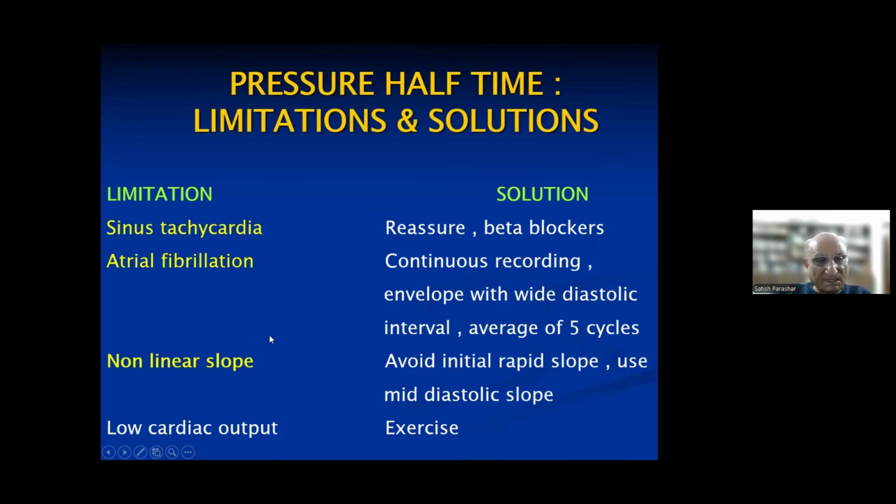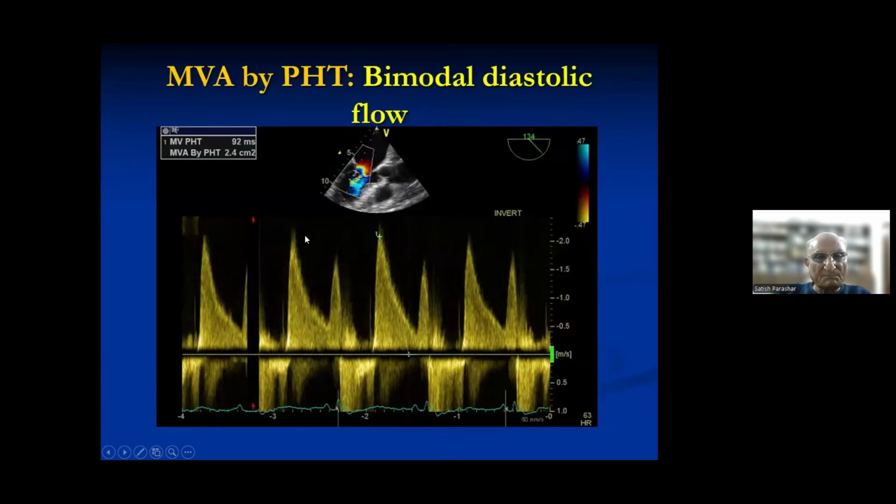Third is this, again you will find these three in your daily life also. See, for example, sometimes you will find that, in this mitral valve Doppler, the initial drop is very rapid, and then it gradually stabilizes. You see, this is the initial slope, and then it becomes like this. If you measure here, you will get a very high pressure.